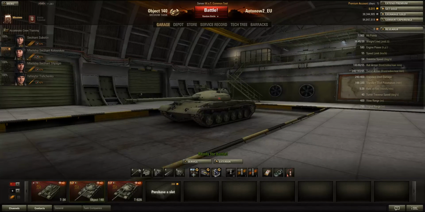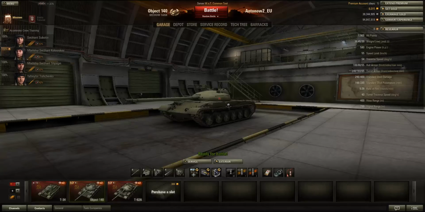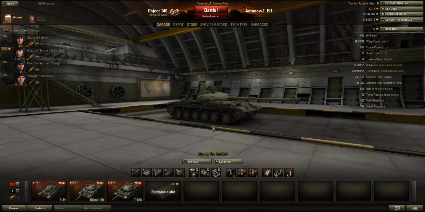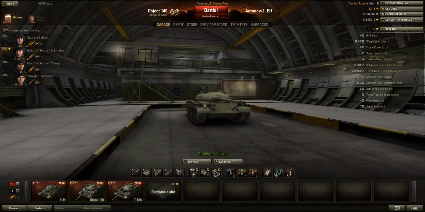But still, I'd say the Object 140 is better than the T-62A, because just the fact that it has got gun depression makes the variety of tactics that you can use in this vehicle so much wider, and the versatility of this tank a lot better. So all in all, I'd probably still prefer the Object 140 over the T-62A, but never forget that the engine can